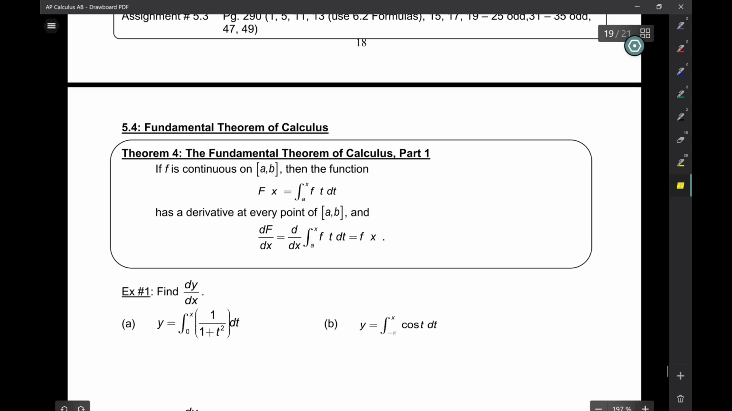If f is continuous on closed interval [a, b], right? So visualize a continuous function. Then the function F of x, this capital F, is equal to the integral of f of t dt, right? So what is F of x? We're going to define it as the integral of little f from a to x, the area underneath it. So then, if f is continuous, then this function F has a derivative